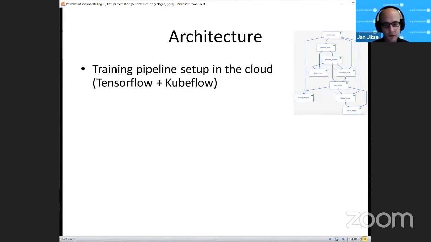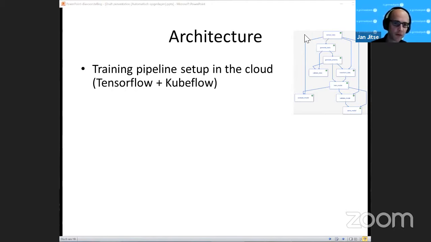So how did we set up the architecture? Well, we did everything in TensorFlow, because then we could easily put all the training also in the cloud. We used Kubeflow for that, which I think is a Google project to do things easily in the cloud for machine learning.